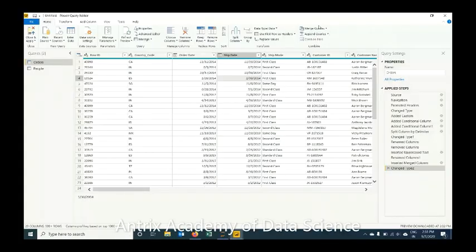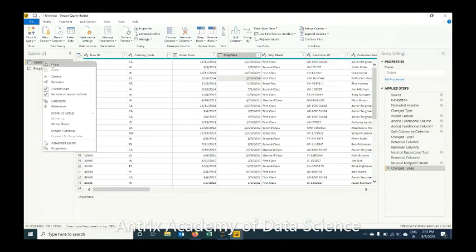Merge and append options. The merge and append option is something like making joins and unions. Append is nothing but a union sort of thing, and merge is where you can do a join. So if I'm looking for a merge query to be created, let me copy this table